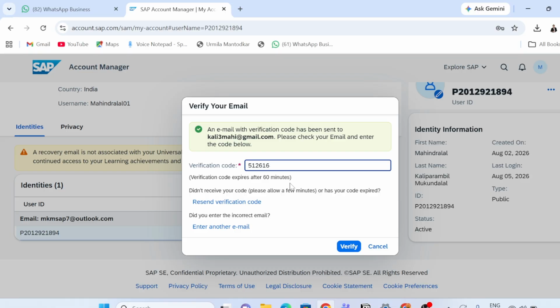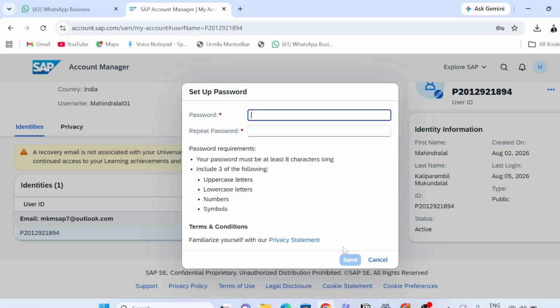Just verify that from here, and we need to set the password here.